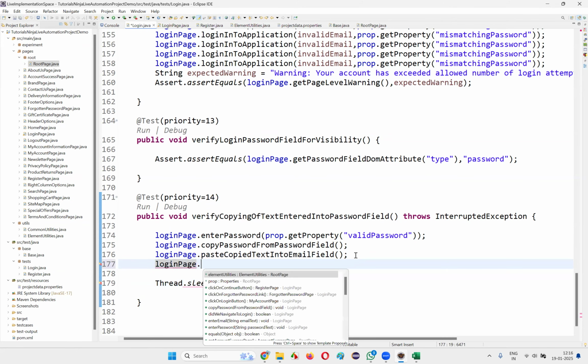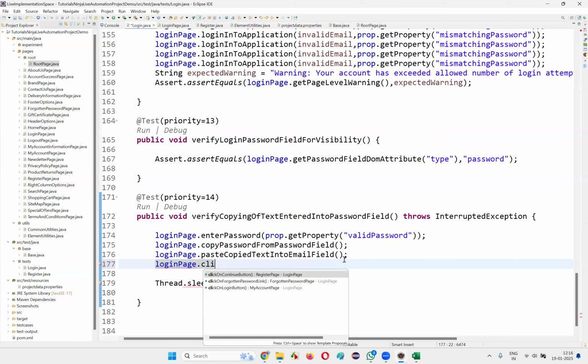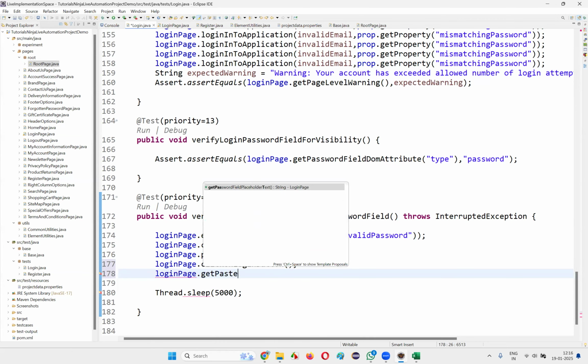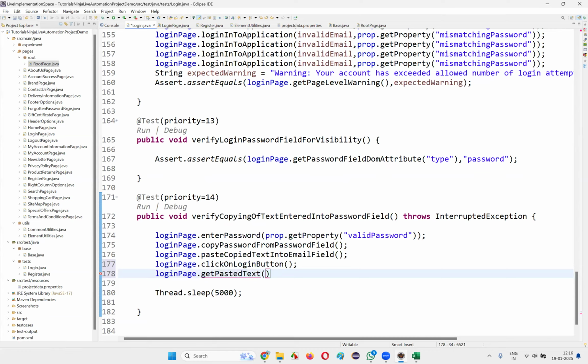so that the value attribute will be updated. Click on login button. Once I click on the login button, I want to get the login page, login page dot get pasted text from email field. Okay. So this method I'm going to create here,